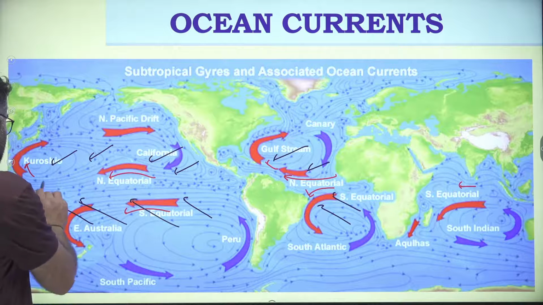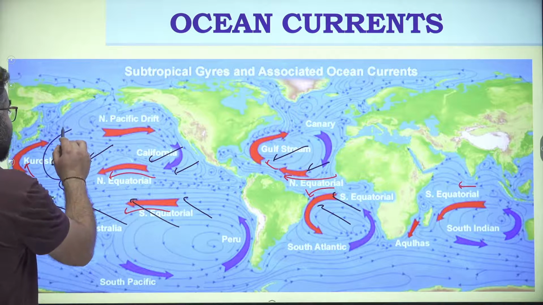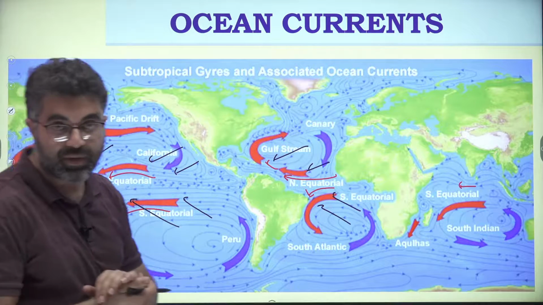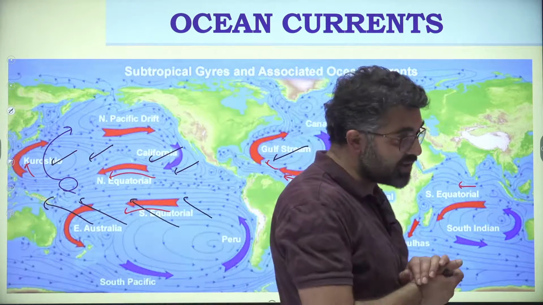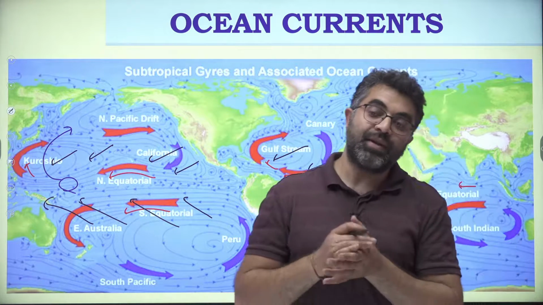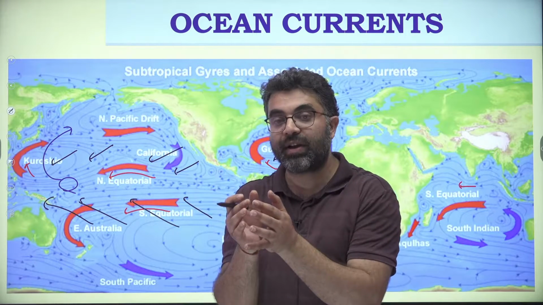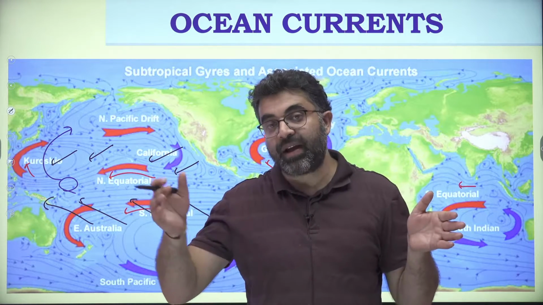You can see warm water piling up here and then going towards polar or subpolar regions. Why is it so? It is because of temperature difference. So there is an expansion in the warm water and a contraction in the cold water. So the warm water will expand towards the cooler